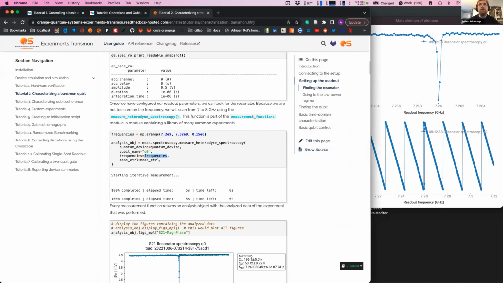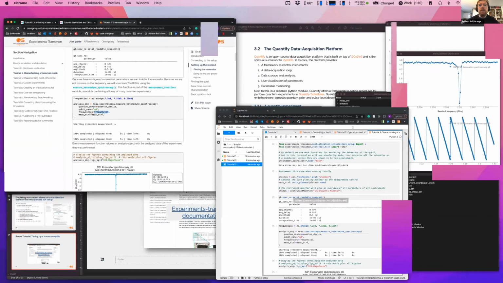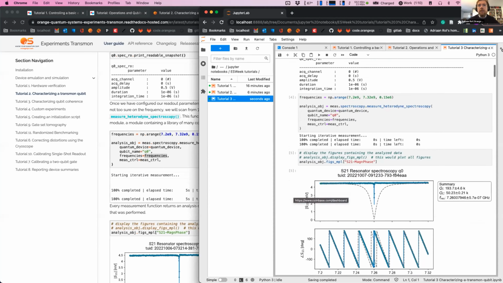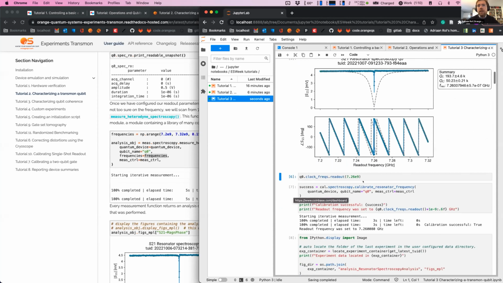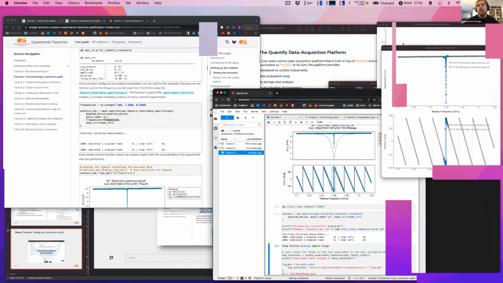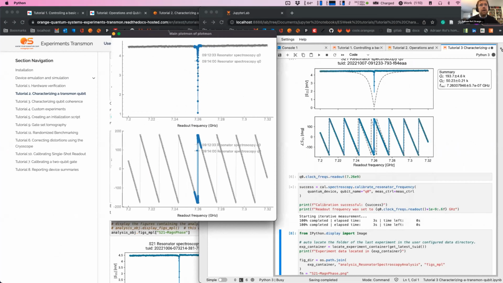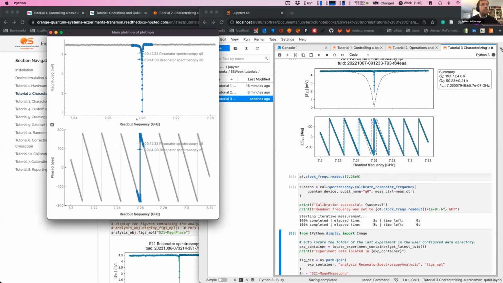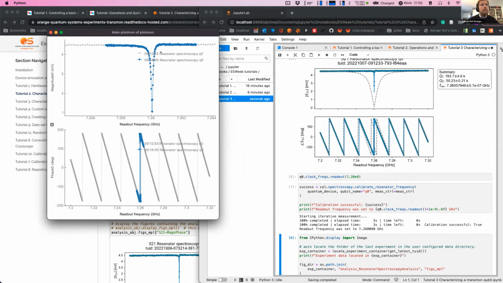So the next thing we're going to do, I think I ran up to here, saying, okay, this is roughly 7.26, but it's still a bit coarse. So now this is my initial guess, and I'm going to run this calibration protocol that should run it and automatically update it. And you'll see here, it zoomed in on this version, and we see one thing.